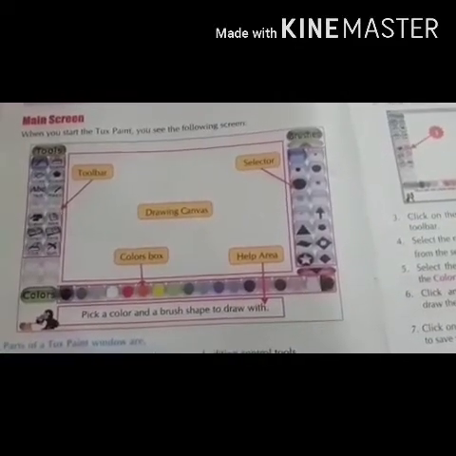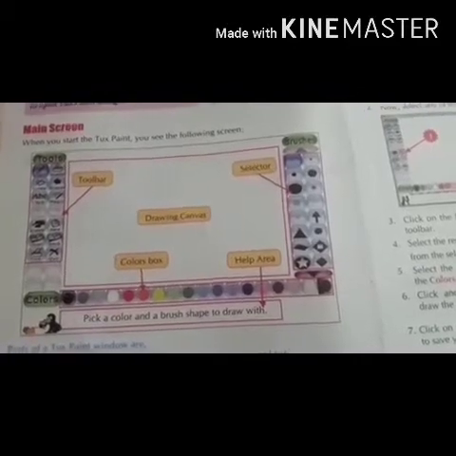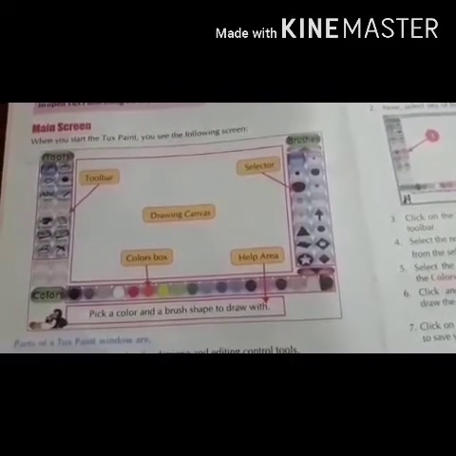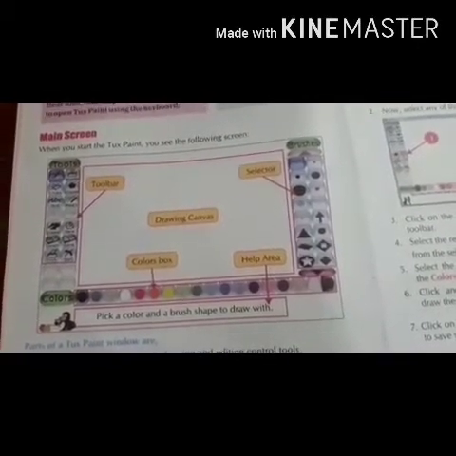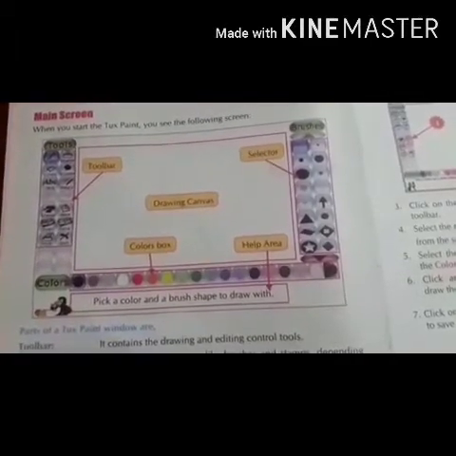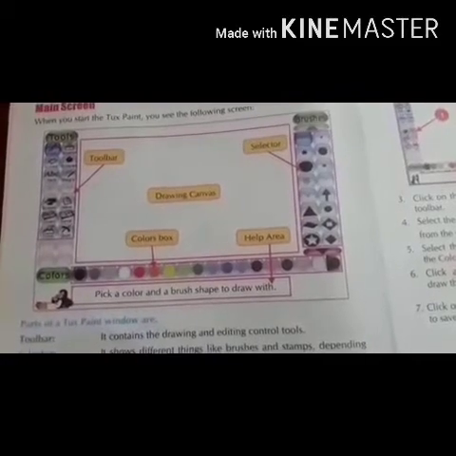First one is the toolbar. It contains the drawing and editing control tools. Number 2, selector. It shows different things like the brushes, stamps, and other control tools also. Downside, color box, and it is helpful for us for giving the color. Help area.